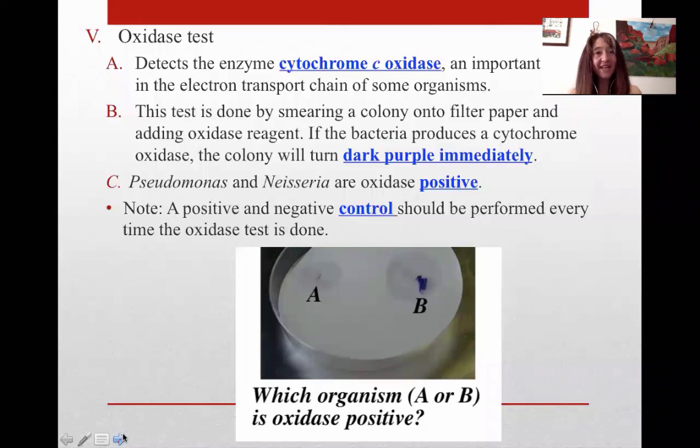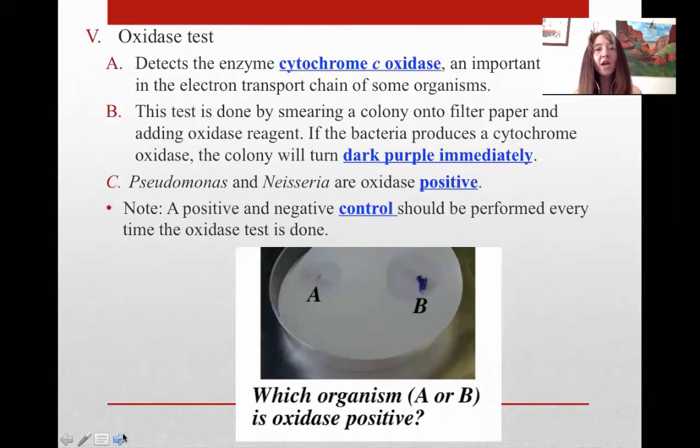Our next gram-negative test is the oxidase test. This is the most important test for gram-negatives. Wake up if you're not awake. We need to be able to do the oxidase test on our unknown. And in order to do this effectively on your unknown, you need to watch Virtual Edge to make sure that you know how to do this test, because it is